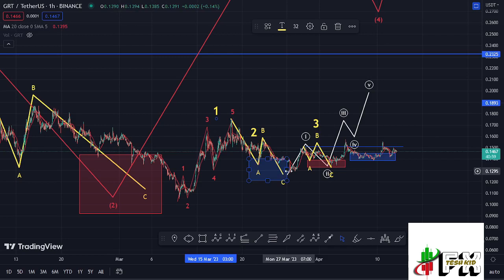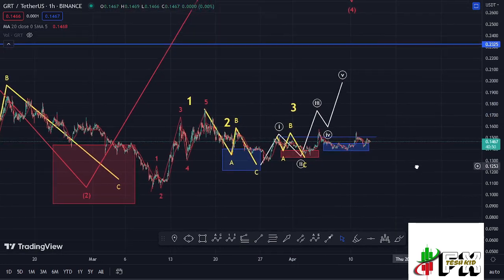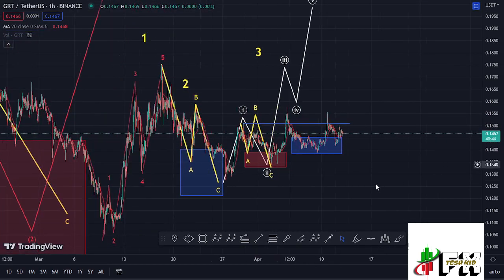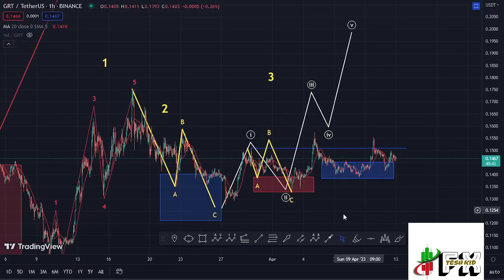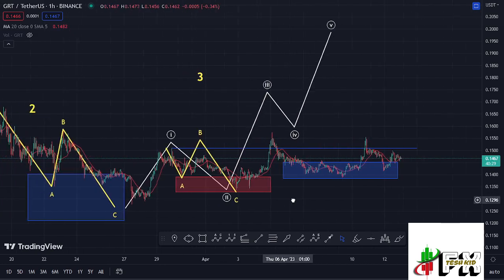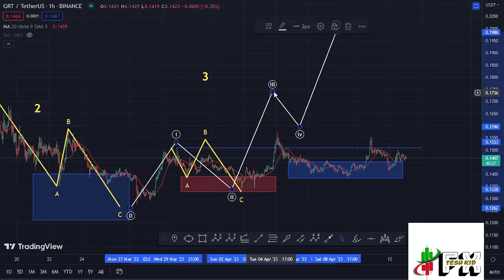And now my primary scenario is that whatever we are seeing is the formation of this wave 3, and because of the impulsive nature in the formation of the wave 3, I'm also expecting to see a 5-wave structure in formation within the formation of that wave 3, where we have now peaked in that first wave, seen a corrective structure in the formation of this wave 2 in a move that has now bottomed out within this red target area. And now my primary scenario is that we are in the formation of this wave 3